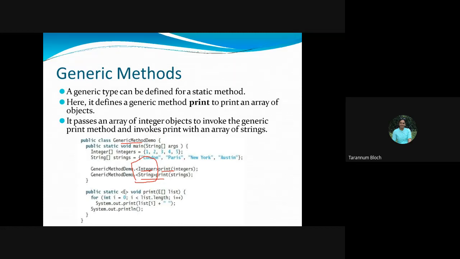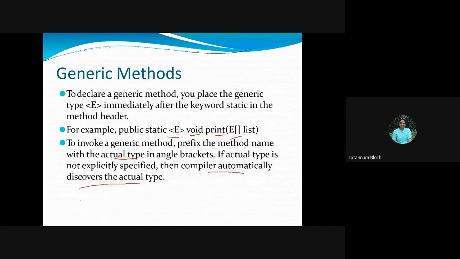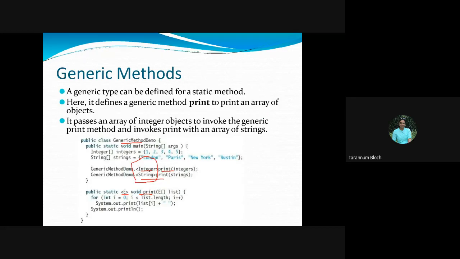As the type says, we are going to specify E, which is the generic type. So this is the method signature, and then the method definition, the actual code of that method. When you are calling it, it is better to specify the concrete type, which solid type you want to use. So here we want to use integers, so it is better to specify that type while calling the method. And that's why in the triangular bracket, integer and string we have specified.